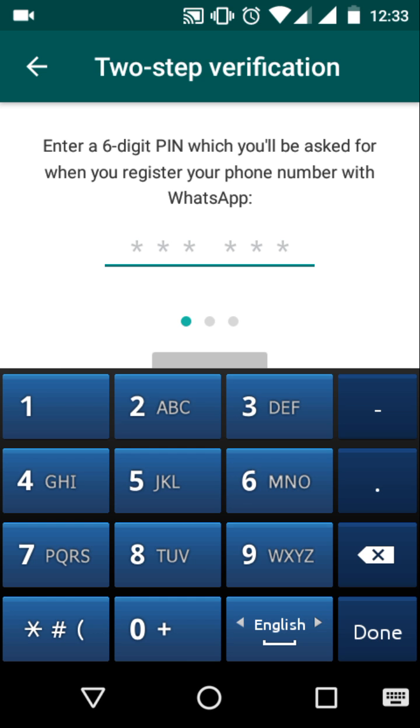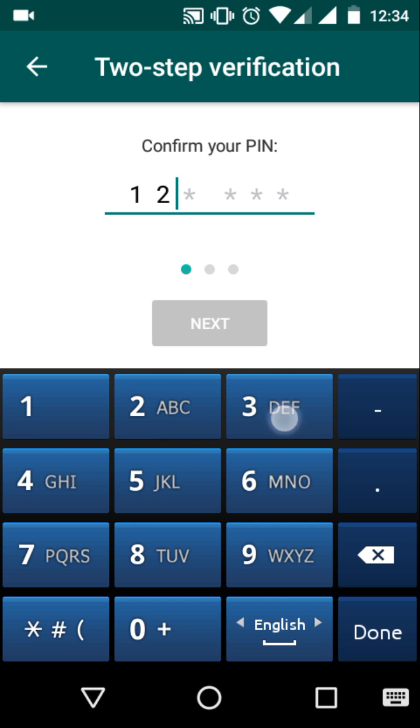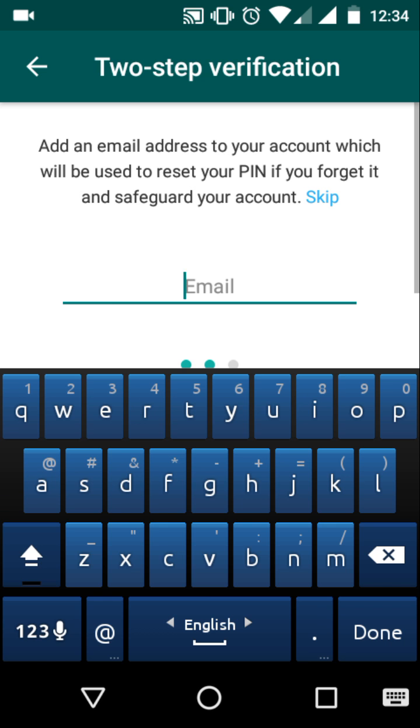Here you have to enter a 6-digit PIN, which will be asked for when you register your phone number with WhatsApp. Now I will input 123456, then 456. Then you have to enter an email address which will be used to reset your PIN if you forget it and safeguard your account. You can also skip this, but